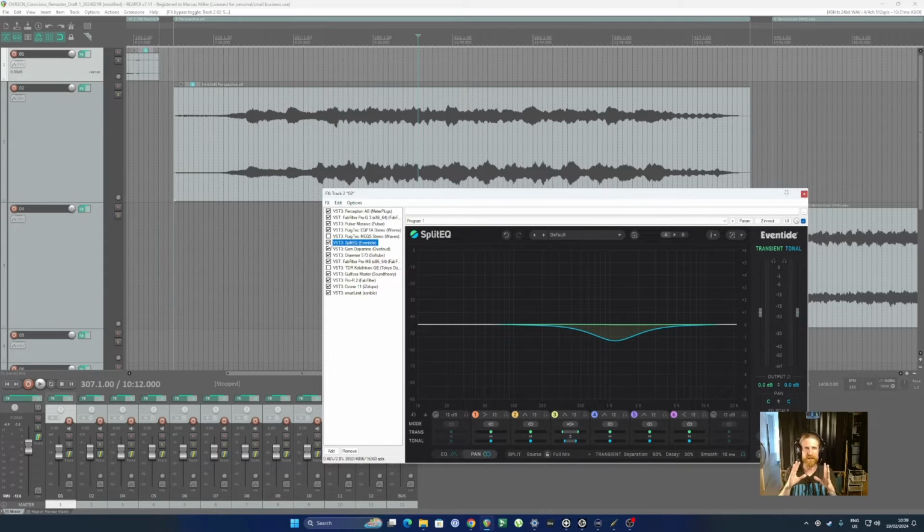And I feel like it's because your brain is really good at comparing things, right? So it'll listen to that part in the middle and it'll listen to those parts in the sides, and then everything in between suddenly will feel like air to you. It's a really cool trick. Let's try this again on another track.